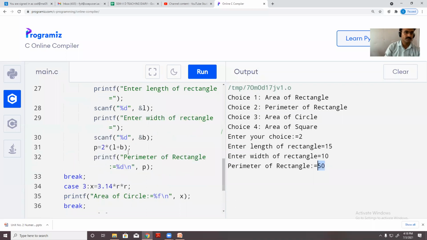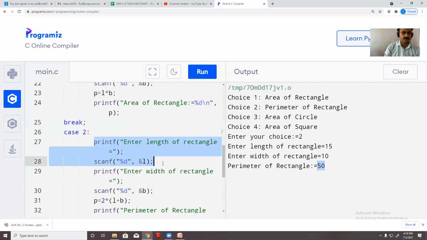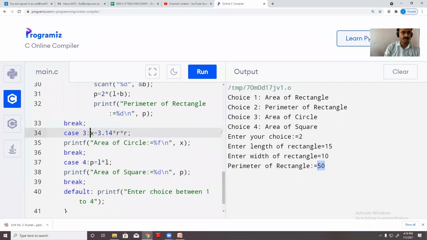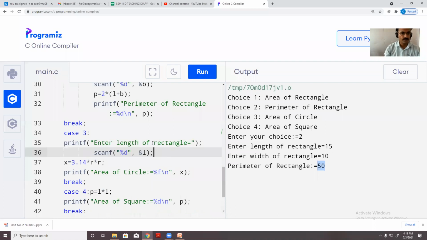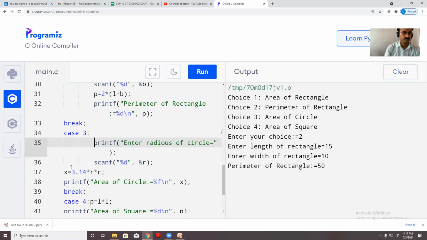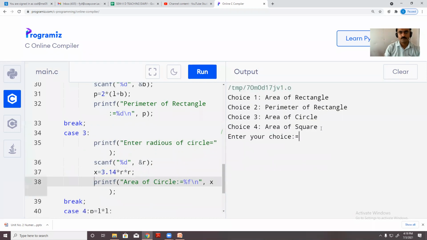Now here I need to take only the value for radius. Okay, in this case, I need to take the value for only radius. Enter radius of circle, and it is going to be stored into R. Run the program.